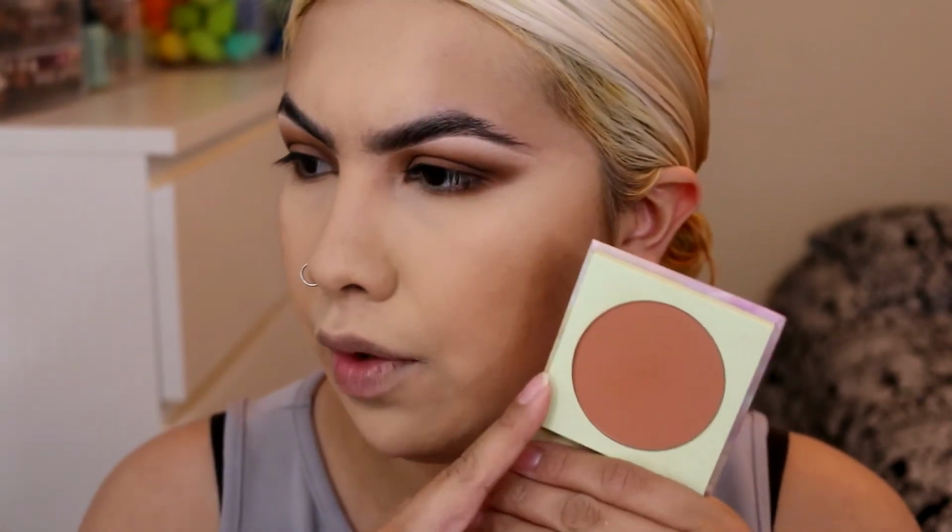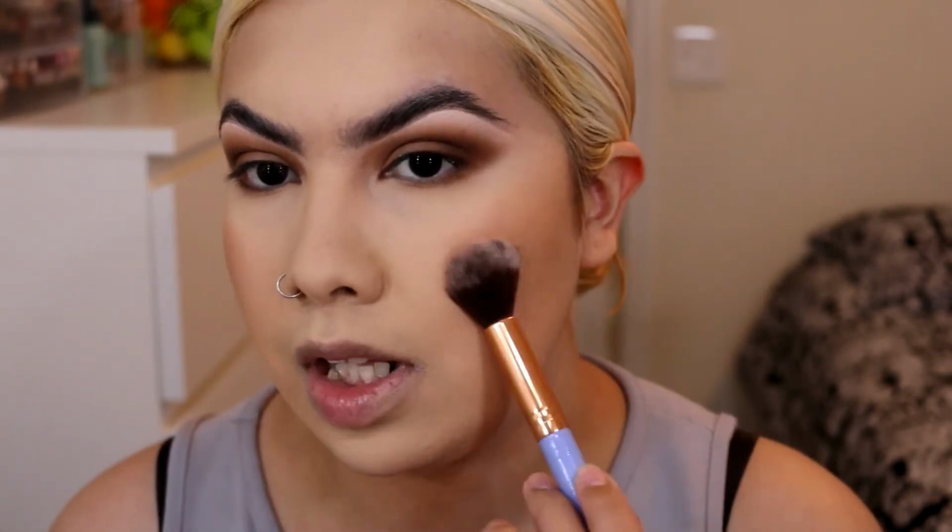So now I'm gonna be adding the blush from ColourPop. This is Meteorite. I did tell you guys in my last video that these might still be available on Ulta, but the palettes are. The blushes aren't anymore. The blushes were great. I really love the blushes. I'm tempted to pick up a blush from the new Dark Blooms collection that ColourPop is releasing, because